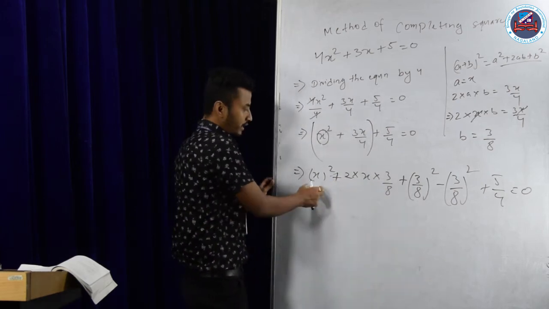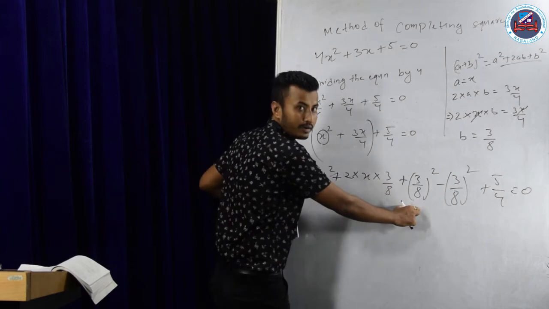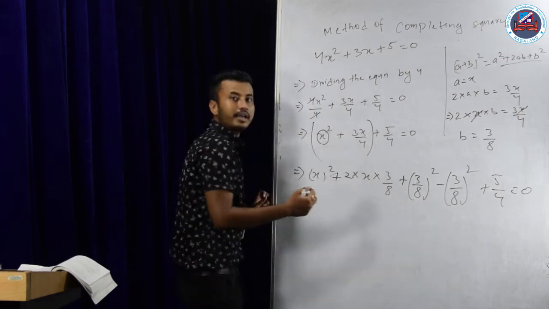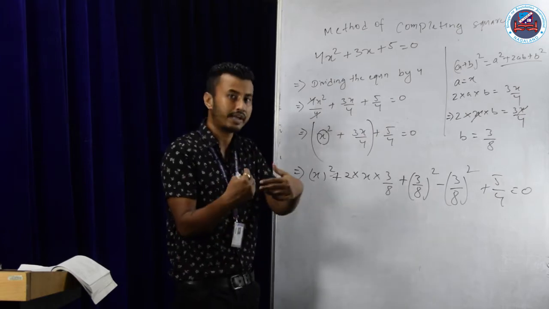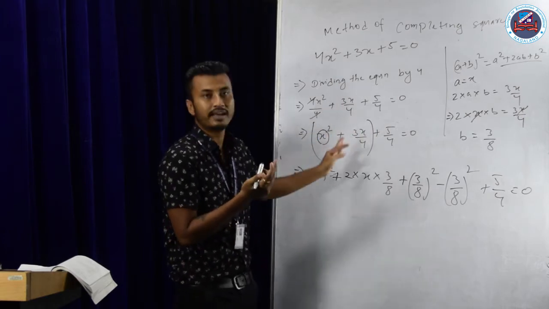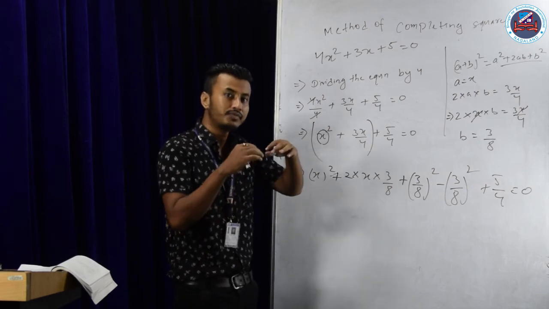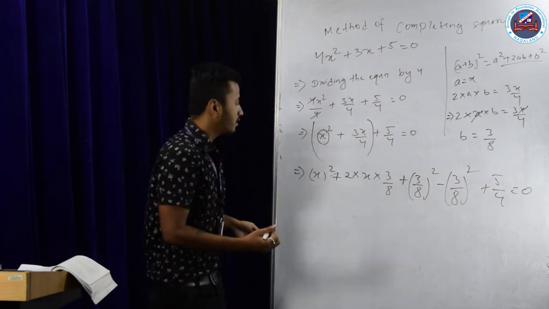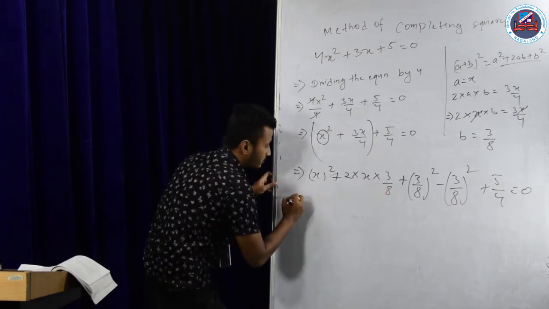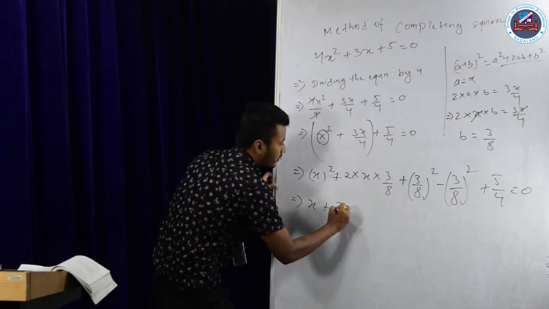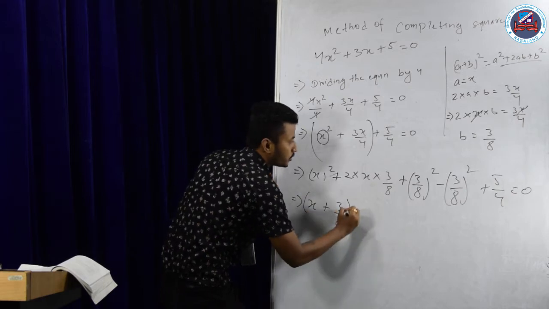now you see, the equation becomes a square plus 2ab plus b square. Right? See, at times in mathematics, you have to deliberately use some steps to find the solution. That's why this is called the method of completing the square. So I'm trying to complete a square here. So this is the square right now. a plus b whole square, that is x plus 3 by 8 whole square, guys.